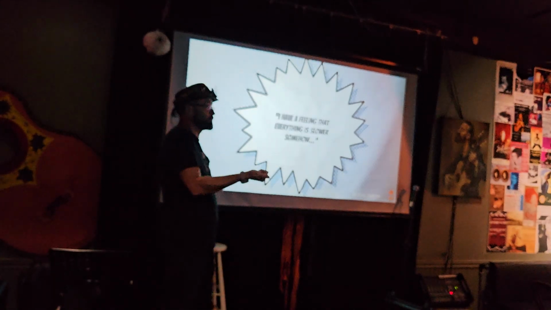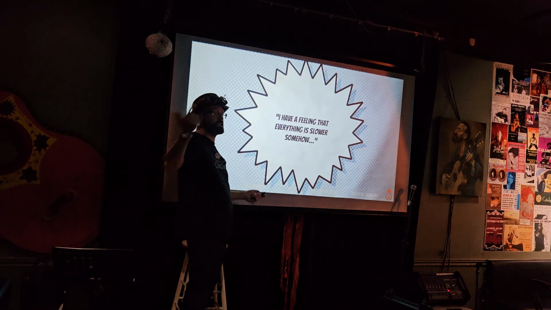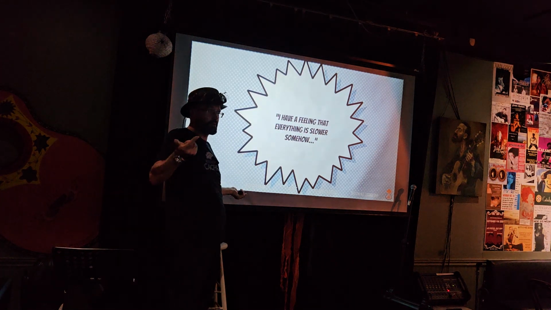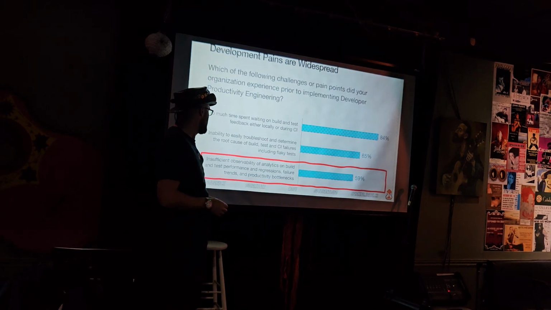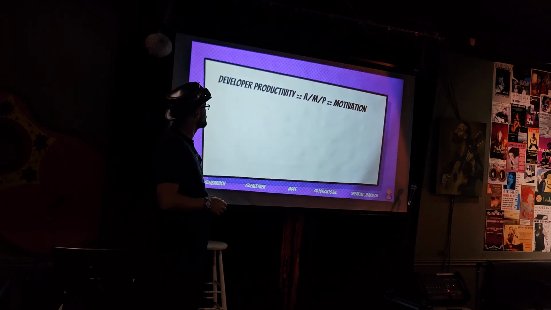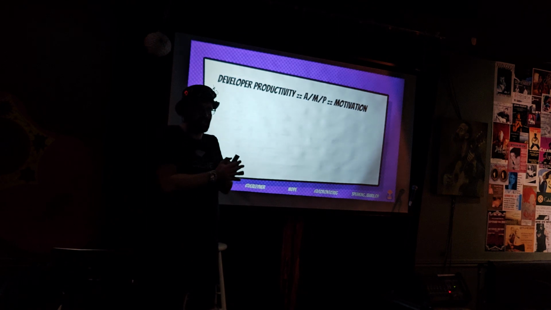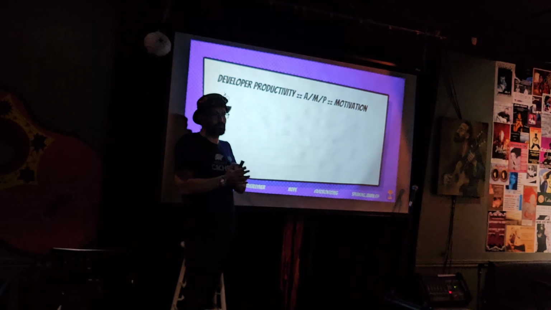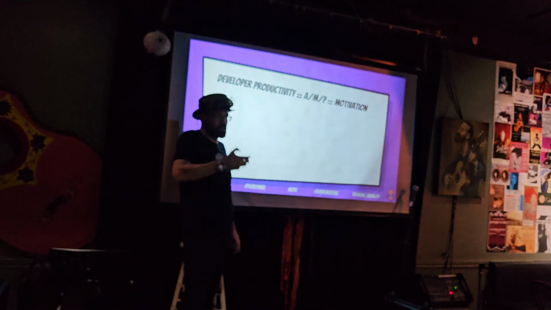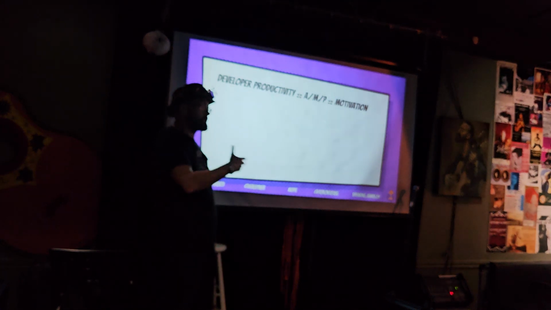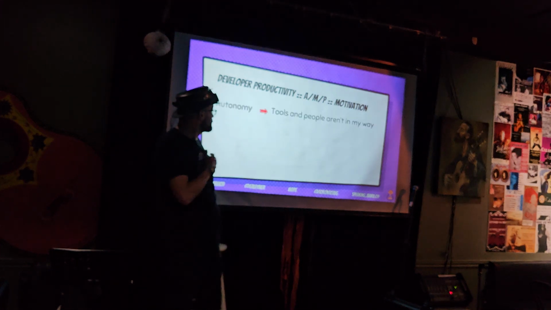It hits us in autonomy. We need to ask other people for help to see what's going on. It hits us obviously in mastery because we're not as productive as we want to be. And more than 50%, almost 60% agree that this is a problem as well. So basically, developer productivity is very tightly related to autonomy, mastery, and purpose. When we are productive, it especially helps our mastery, and it also helps our autonomy. And also we're productive working on stuff that matters, so it helps our purpose as well. And it's obviously related to motivation.